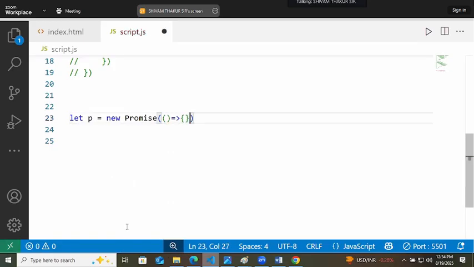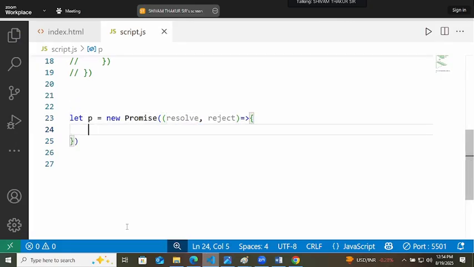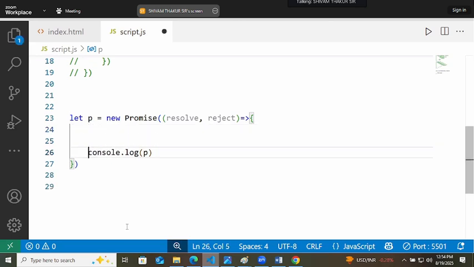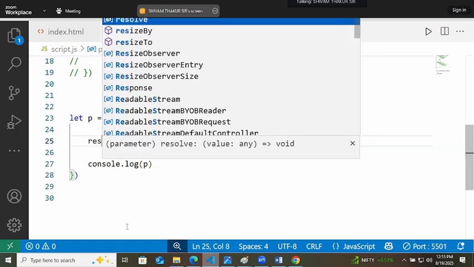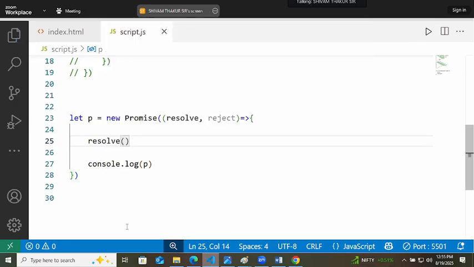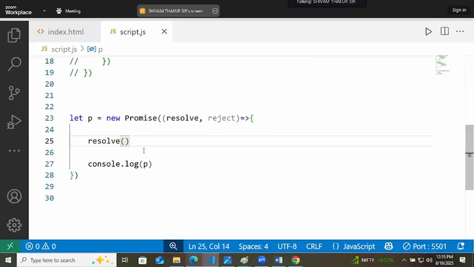The promise will have two objects, one resolve and one reject. And here we will print the promise, but before printing the promise, we will resolve it.